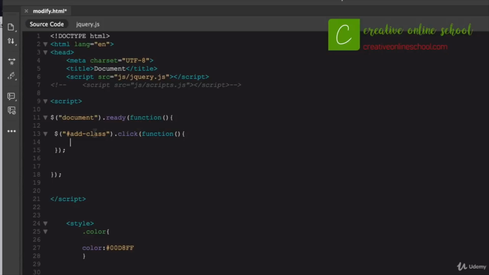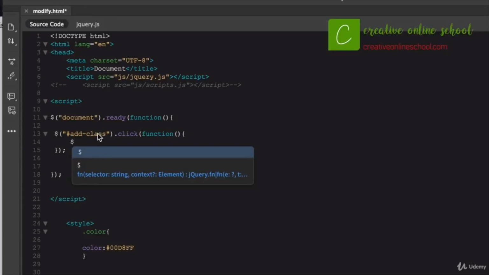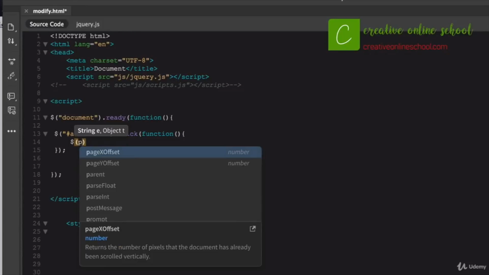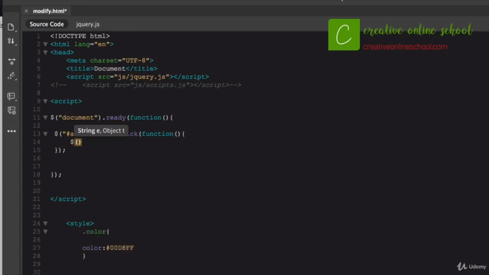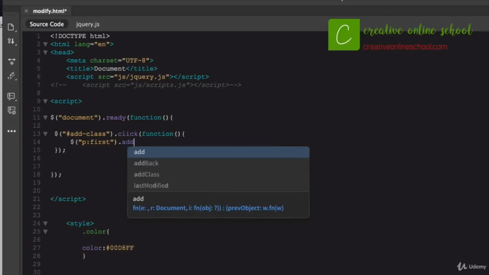So what's going to happen when somebody clicks on the add class? Using the $ sign, we're going to add quotes there, the paragraph tag, and we're going to just target the first paragraph. Again, if you're not familiar with this, still not catching on to this yet, go back and watch some of the other videos where we're doing the filtering, or just brush up on your CSS, because it's the same thing. We're going to target just the first paragraph here,